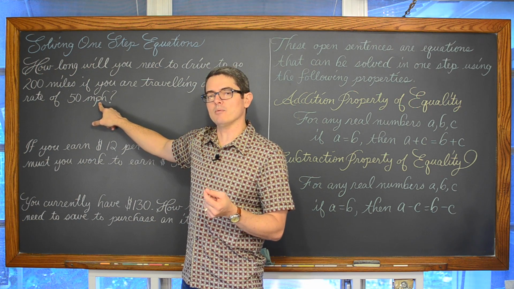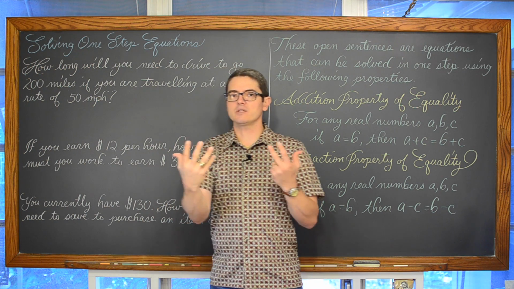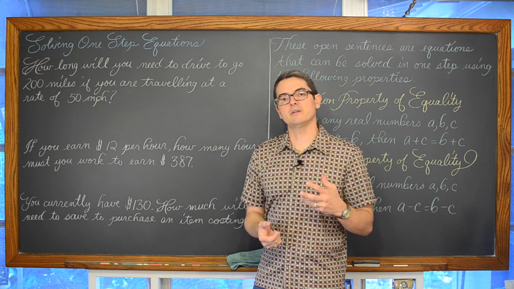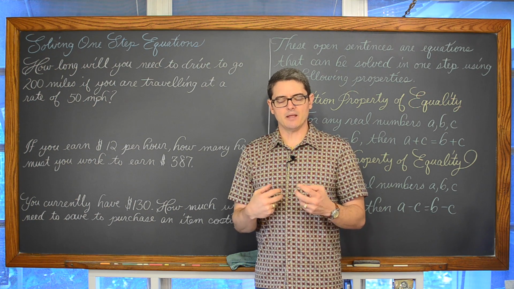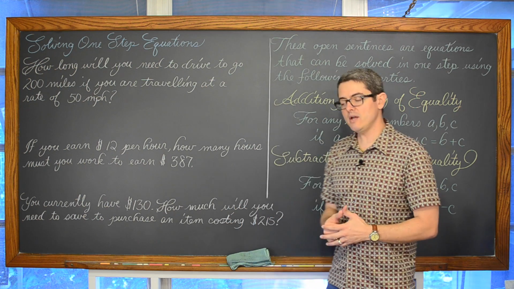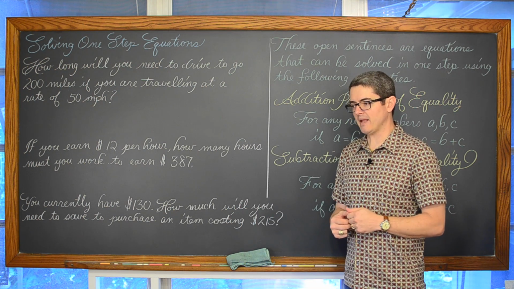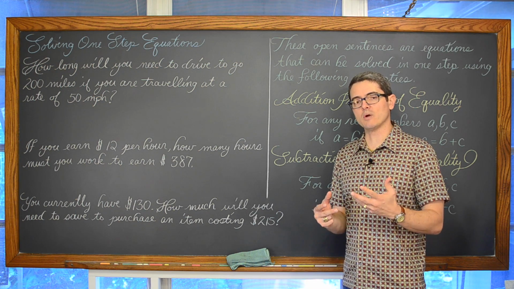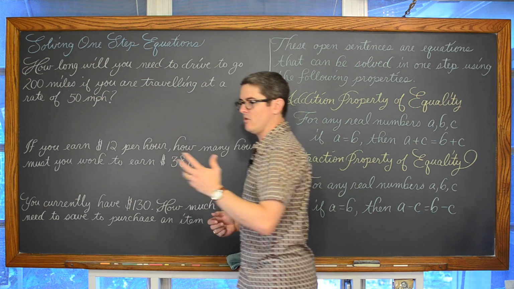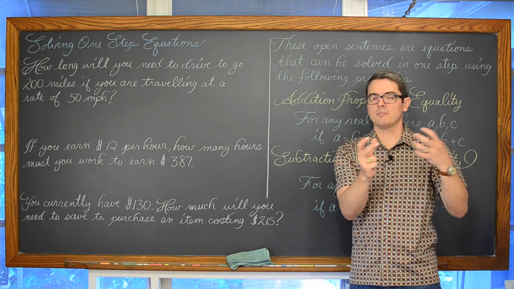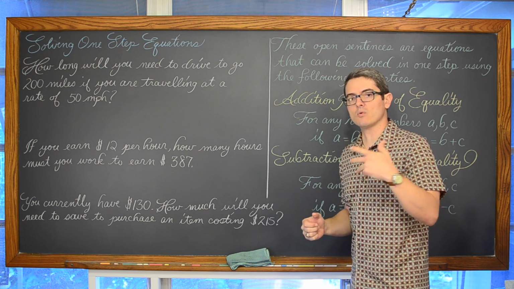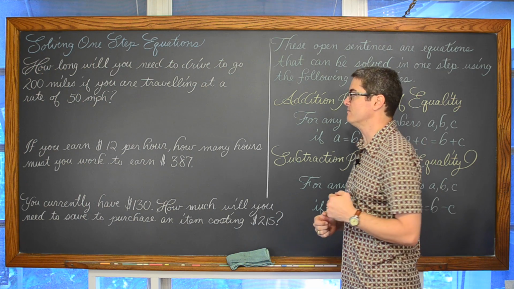I could have written this out in full words, but I'm just going to say it verbally. When you're reading a word problem and you have 2 variables that are being compared together with the word per in between, that is an indication that you're being given a rate of change, which is word problem verbiage for something called slope. When you learn how to graph linear equations, you're going to learn about slope, and slope is rise over run, but with word problems that is a rate of change. You'll often, not always, identify it with some kind of number and then a couple of variables after that, with the word per somewhere in the middle. And also the word per in word problems is an indication of division.